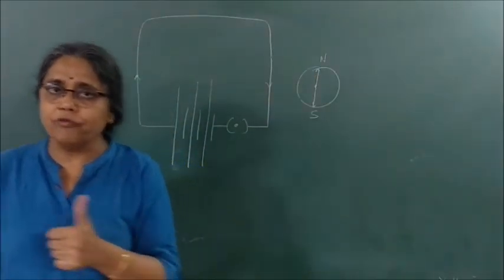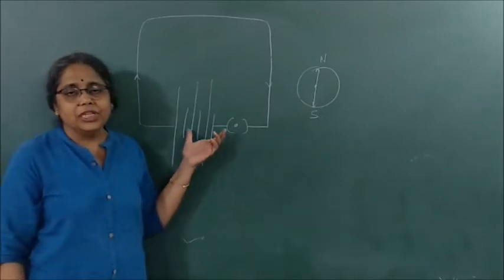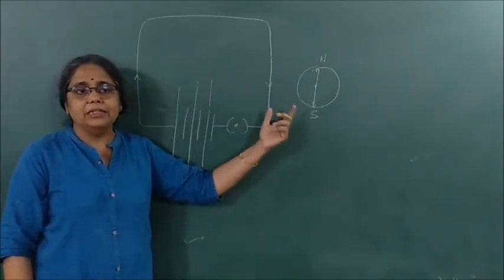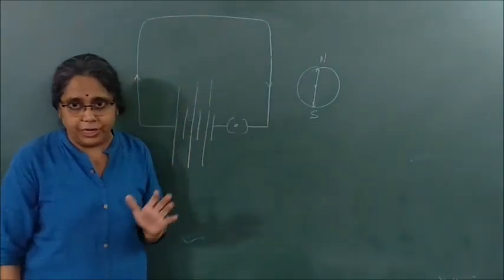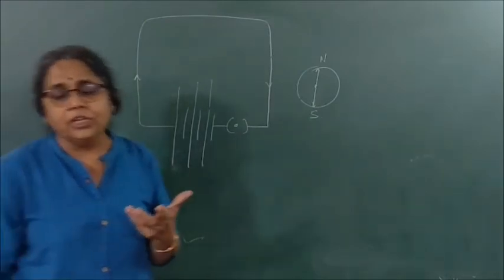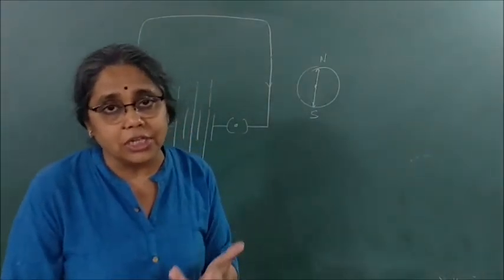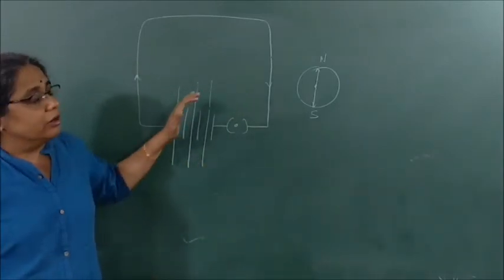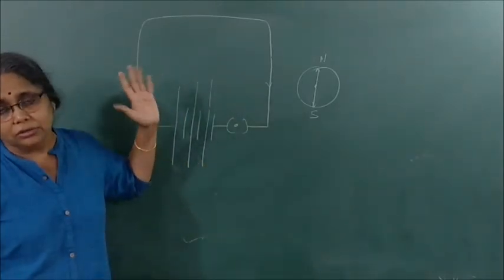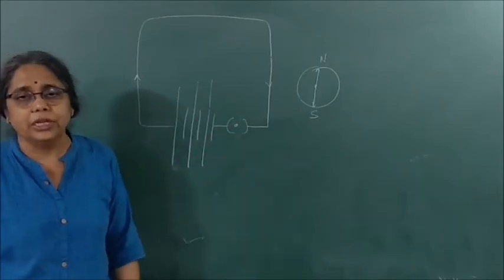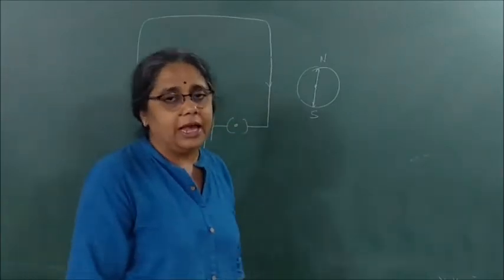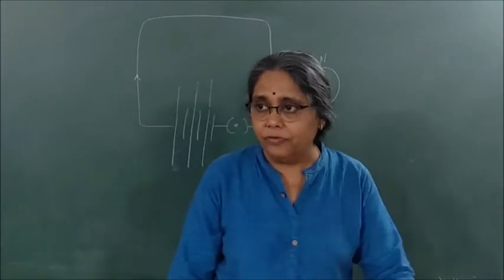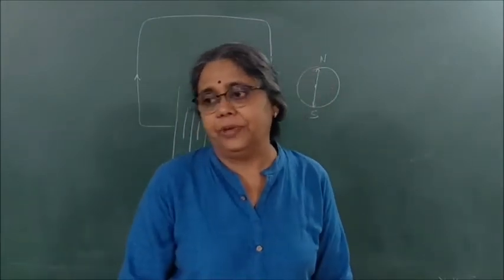What is the contribution of Oersted? Oersted was the first scientist who said that electricity and magnetism are interrelated phenomena. The discoveries of Oersted led to the discovery of fiber optics, radio and television. To honor the contribution of Oersted, we take the unit of magnetic field strength as Oersted. Fine? First page over. Now the second page.